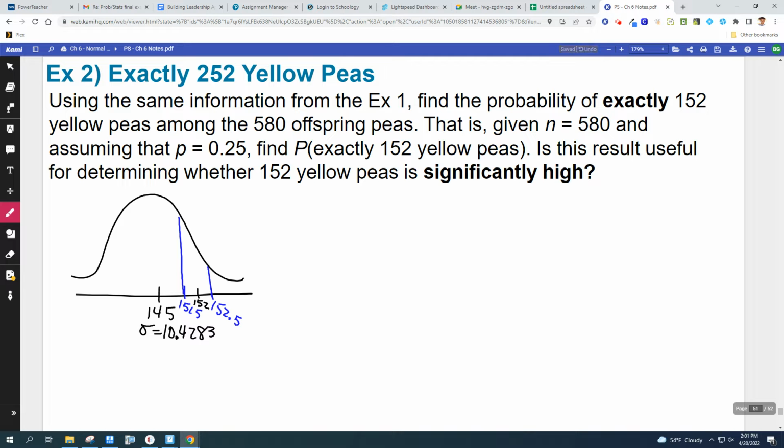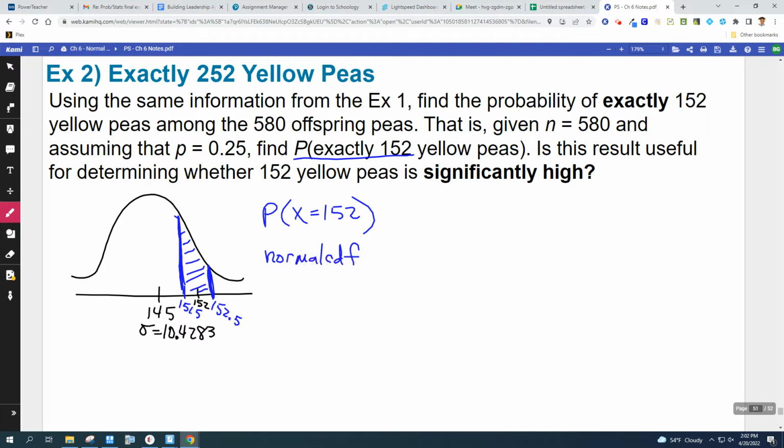So in this case, they want the probability of exactly 152, so we want the region in between those two numbers. The region between 151.5 and 152.5, that's what we're looking at. Here's the left side, here's the right side. We're using those two numbers along with the mean and the standard deviation, so we can do our normal